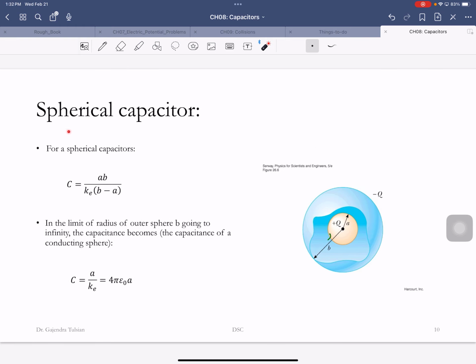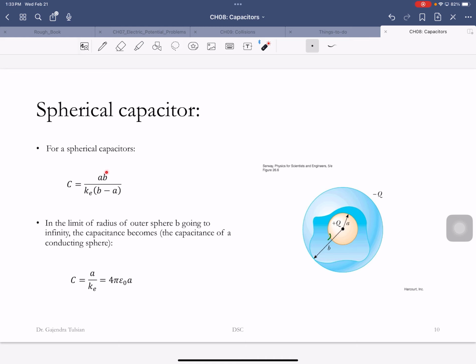So here's a spherical capacitor. If you have a spherical metal and inside a spherical metal shell, these would form capacitors, and the capacitance is given by that. A is the radius of the inner shell, B is the radius of the outer shell, and there's the value